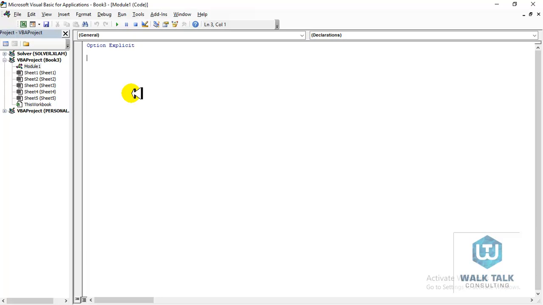Now I want to create a procedure by using the Sub keyword. The name of my procedure is SetAutoFit. That's the name of my procedure. It starts with the opening Sub and the End Sub. Now I will just write a single line of code that will perform this action of auto fitting the data